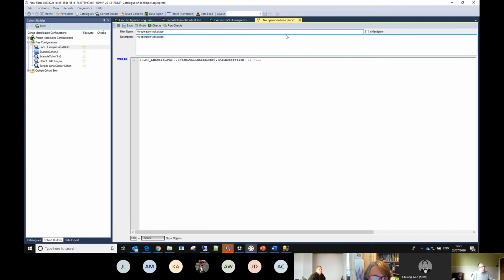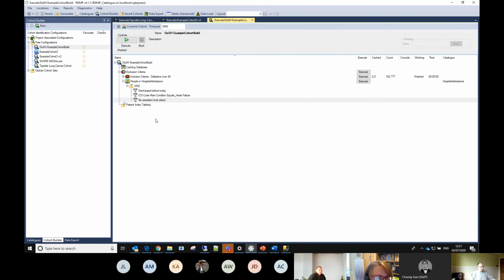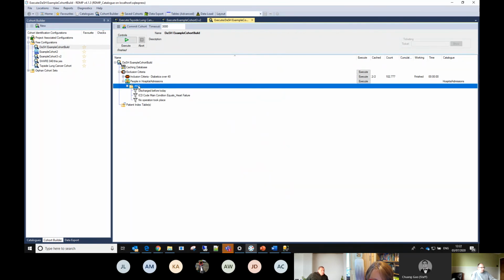So you can see it's quite quick and easy to build up these filters that we can then reuse. Or indeed, we can just not publish it, and it could be something specific to this project that we don't plan to use again. I'm going to change this to an or, hopefully try and get some number out.